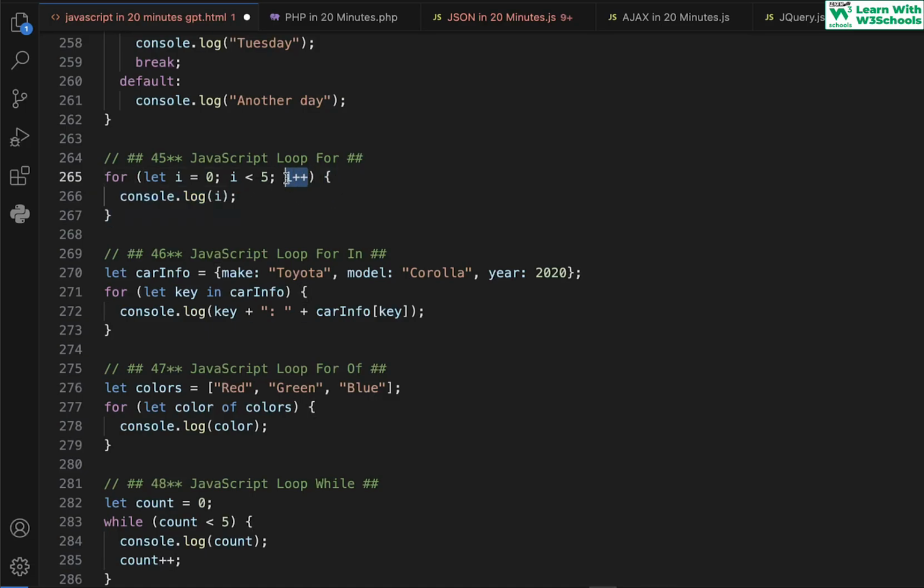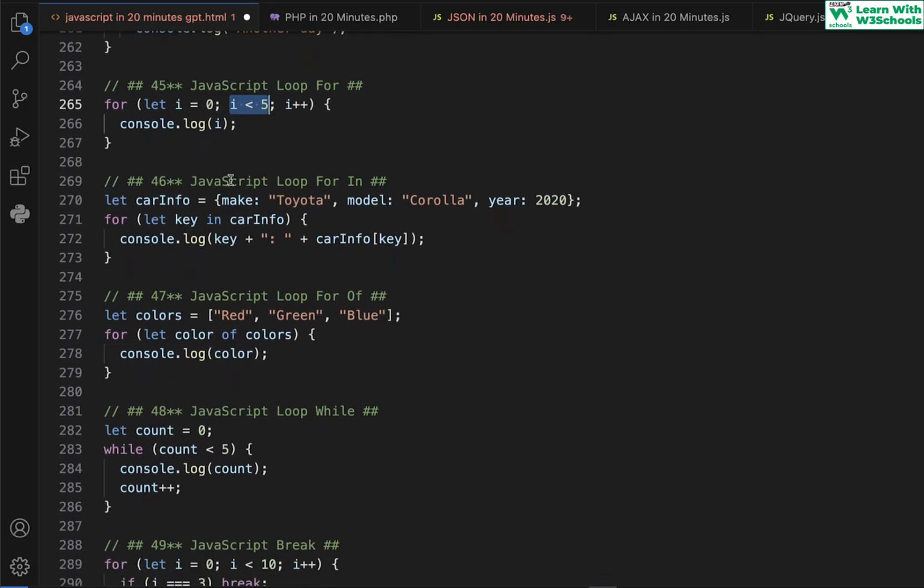Then do the increment. So the i value is changed to 1. Now, is the new value of i less than 5? If the condition becomes true, again iterate the block. Then again, change the value of i. Now it becomes 2. Again, is i less than 5? Yes. Then again iterate. So it will keep on iterating until this condition is no longer satisfied. This is the for loop. Similarly, in JavaScript, we have something called the for in loop, which is typically used to traverse